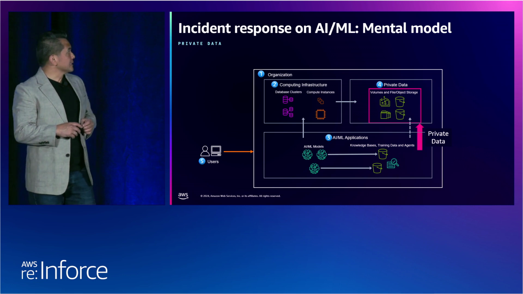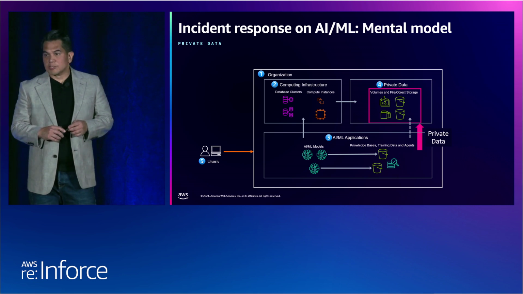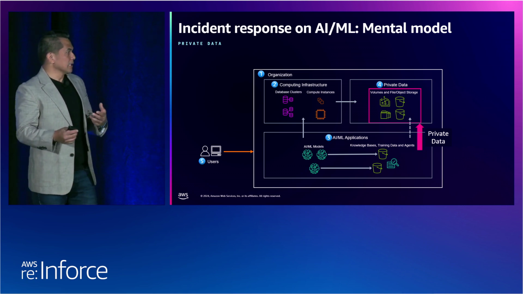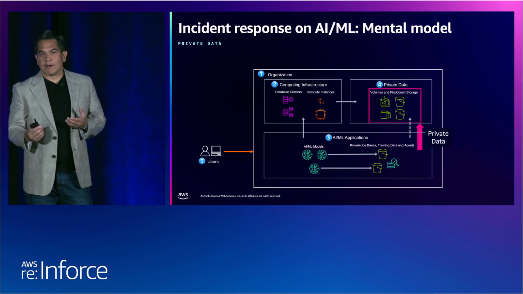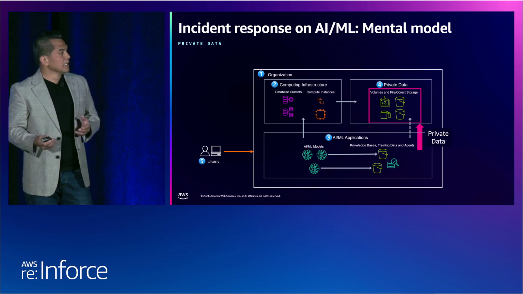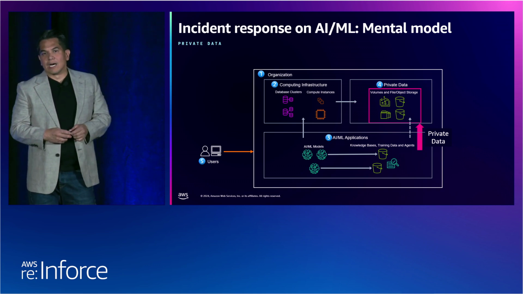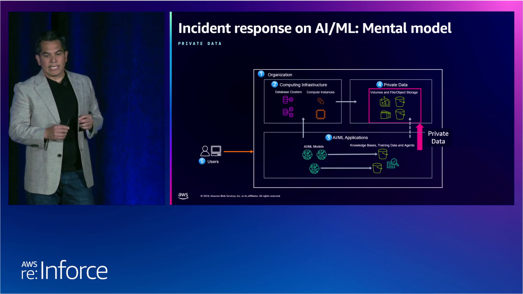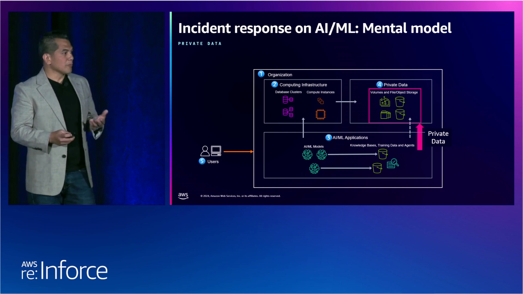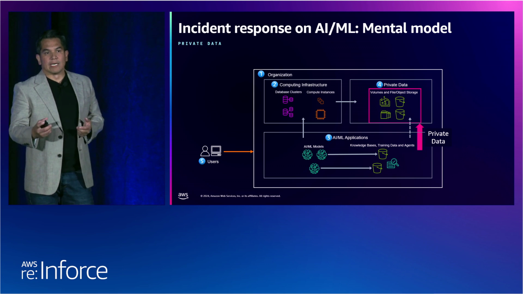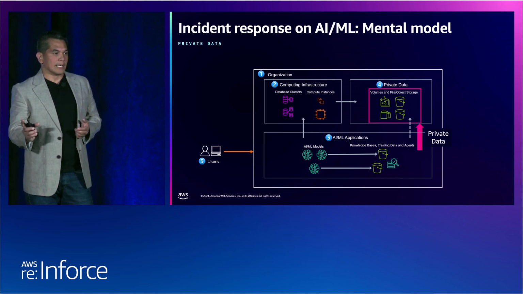Okay, then there's the private data element. Previously I said that a customer, an organization, may not want to have their private data accessible. But if you take a look a little bit closer, there's a dashed line. The reason that's there is because in some cases, a business or organization may want to have certain types of private data accessible.